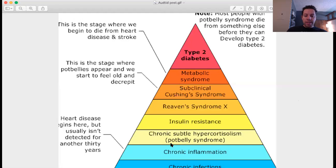Now, one thing that you're going to know, now that I'm going to share the screen, is that when you are developing insulin resistance, or you already have insulin resistance, you are in this sort of situation here. Okay, so if the screen shares, I'm going to show you what I mean by here. So you are in this, before developing insulin resistance, which is very hard to diagnose, by the way, you are always in this state of chronic inflammation. You have chronic infections, then inflammation, and then you develop this yellow area here that is becoming always more red